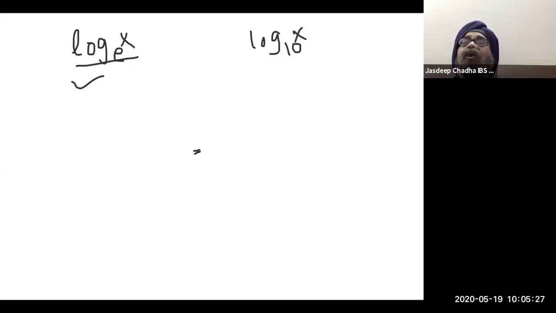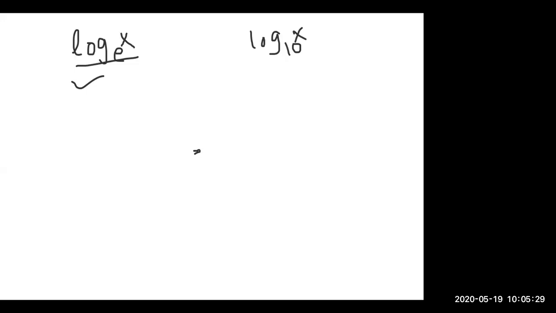So there are certain common formulas in logarithm. Before we actually start with logarithm, I'll quickly brief you a little bit about exponents. Sir, can you please ask everyone to mute, there is a disturbing sound coming in.